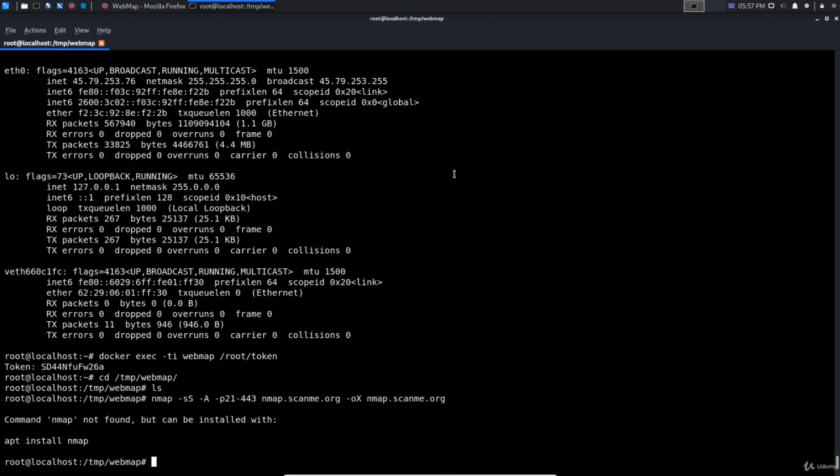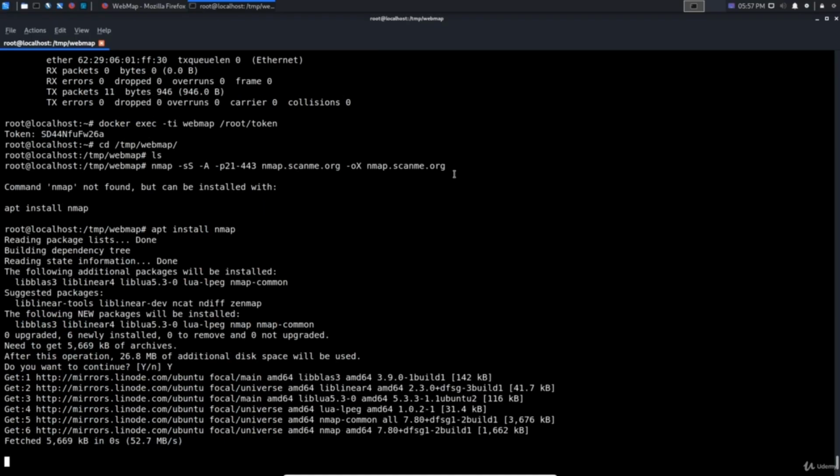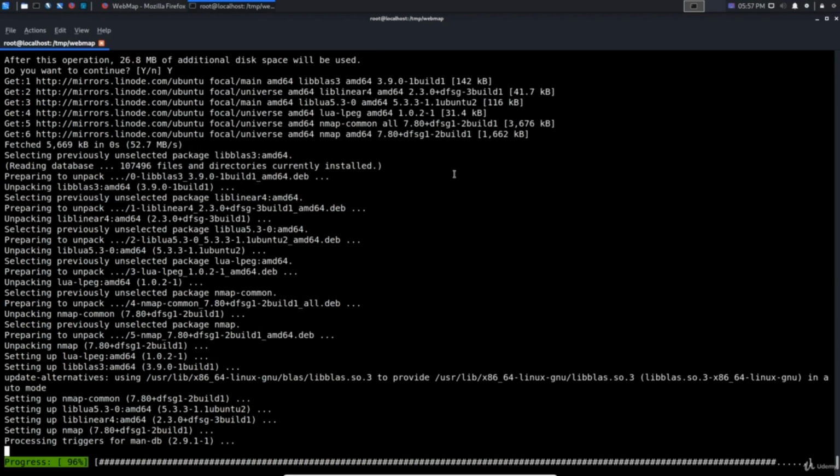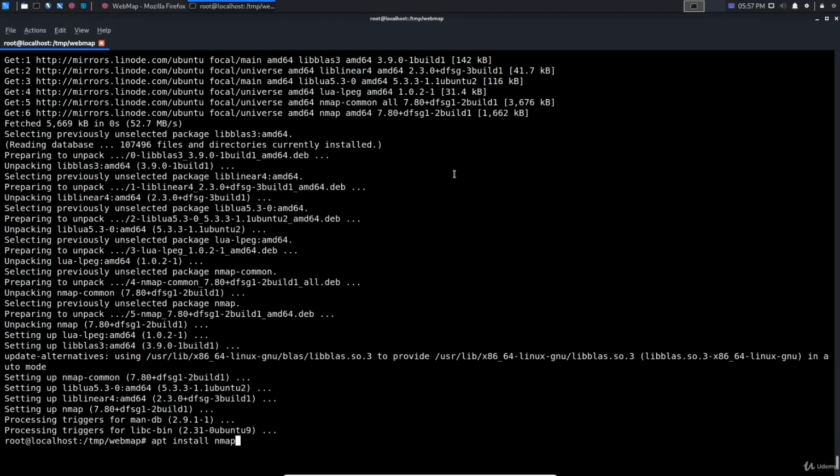And it's going to tell us, well, Nmap is not installed. So I'll just hit apt install nmap and that's going to install it. And there we are. This is again because I'm running this on a Ubuntu host. So this is a VPS that I have, and we'll just hit enter now, and that is going to start